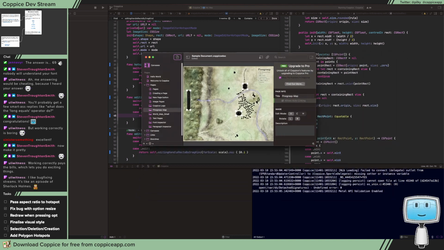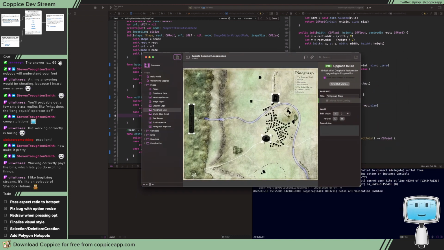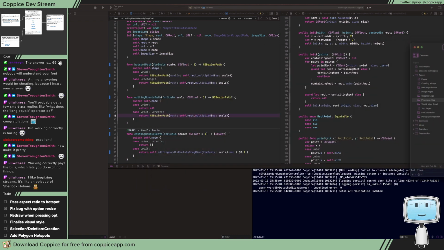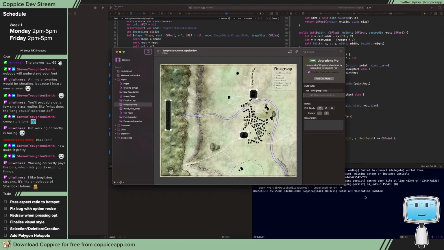But that looks okay. I think for non-retina, ideally what I need to know is